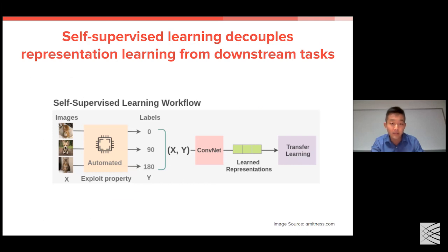And labeling is especially costly in medicine, but it's also a problem in other domains, such as computer vision. So thankfully, we have this large body of literature that we can draw on from other domains. And so self-supervised learning is one strategy to get around this bottleneck of labeling. And it's essentially a form of unsupervised learning that exploits properties of a given modality to define